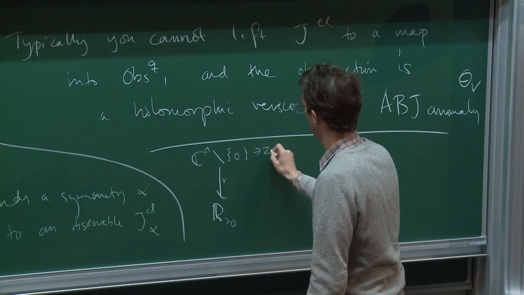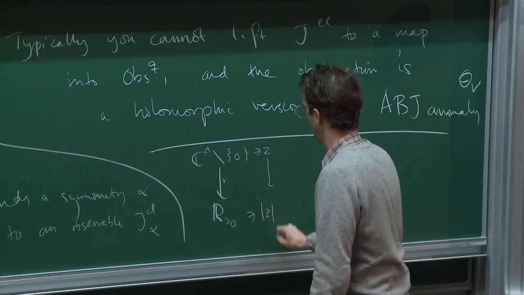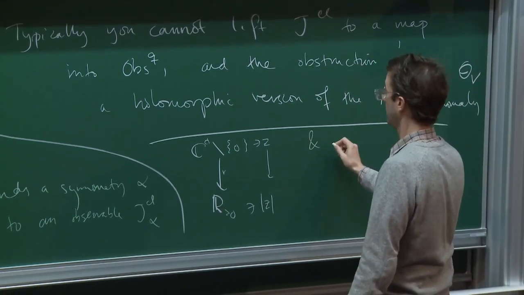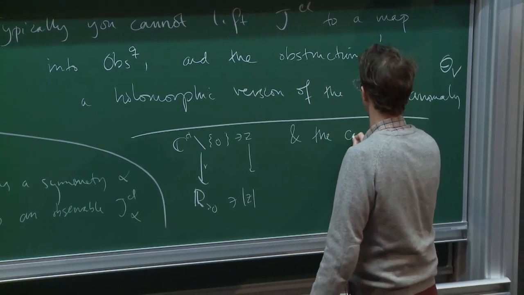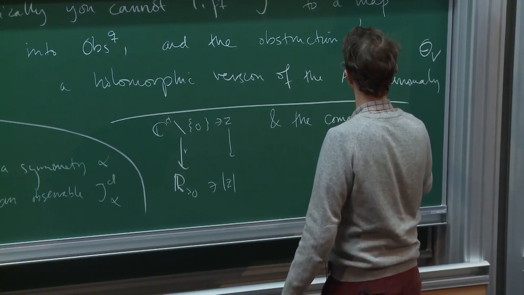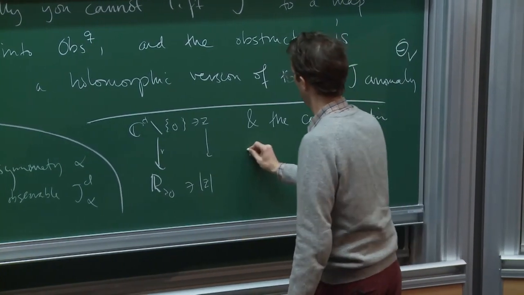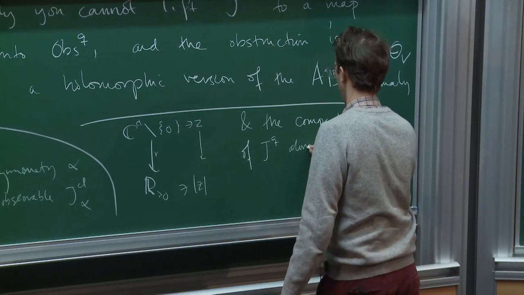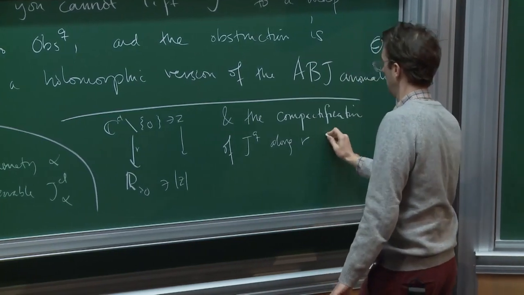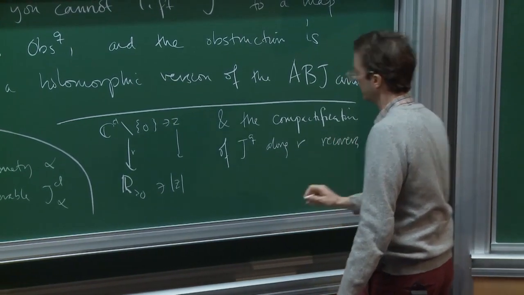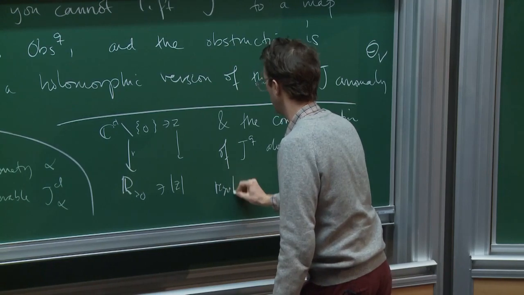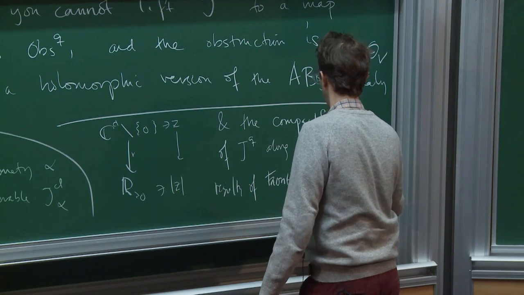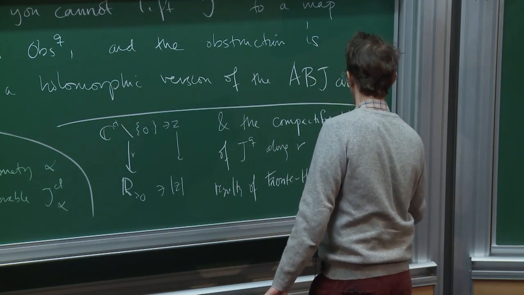So this goes to the length of that vector. And the compactification of this map along R recovers sort of results of Faonte, Hennion, and Kapranov